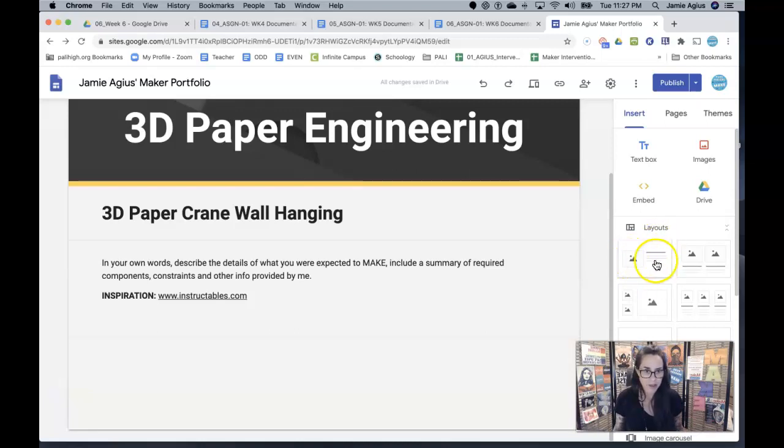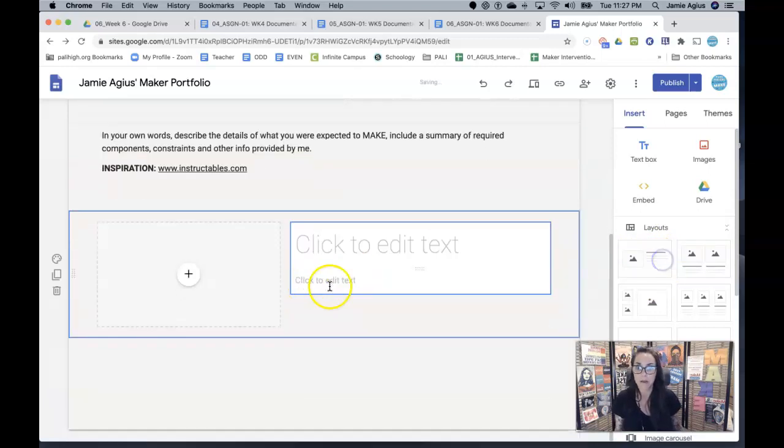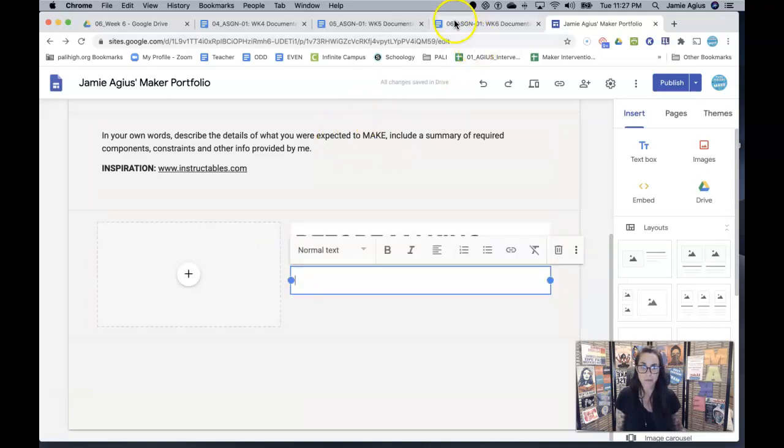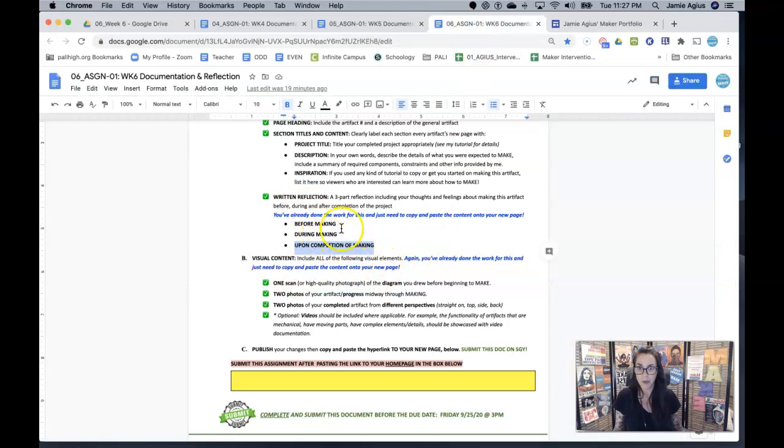And I kind of like this layout right here because I'm looking at it and I think I could put my diagram that I drew in this photo place and then write my before making description in here. So I might do this, before making. I like my titles to be bold. And then here is where I'm telling you that I would like you to